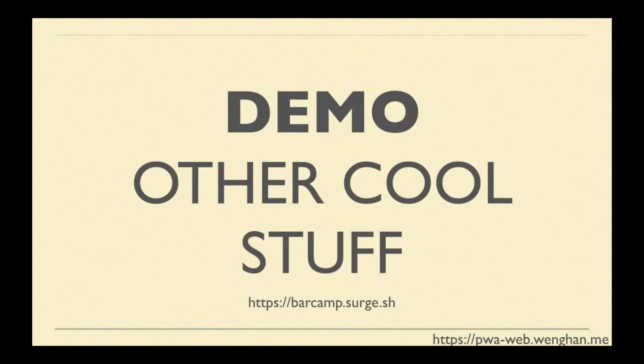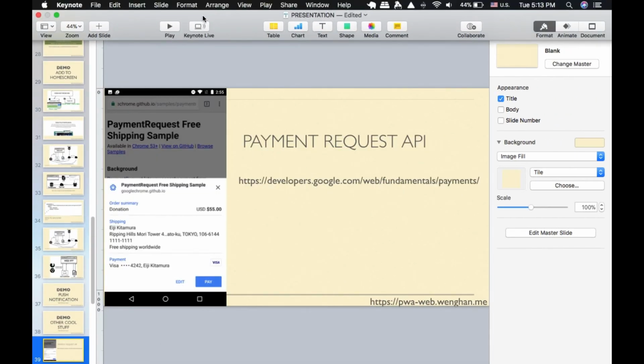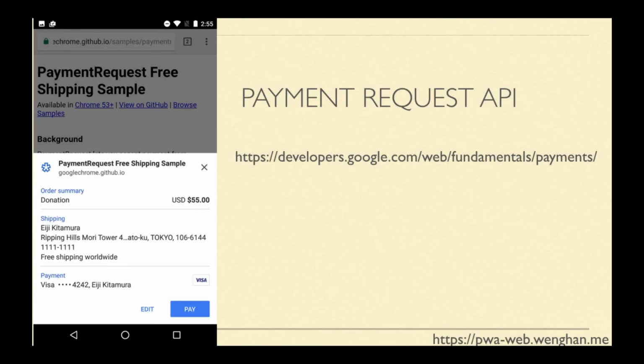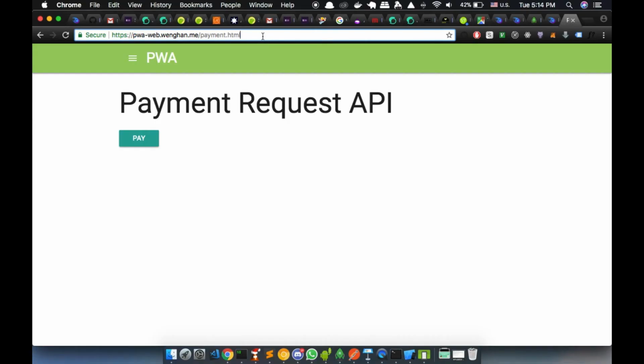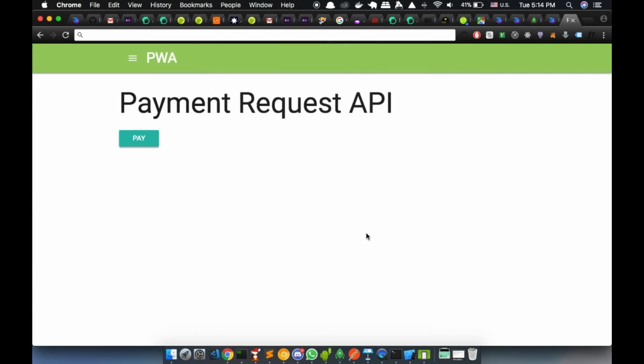So there's a lot more cool stuff that you can do with your website. Payment was just released by the Google developers, so it's quite new. Basically what you can do is make payments instead of using PayPal or all kinds of other third-party services. When you click on pay, it will pop up asking if you want to pay. So I can just cancel the payment. Okay,